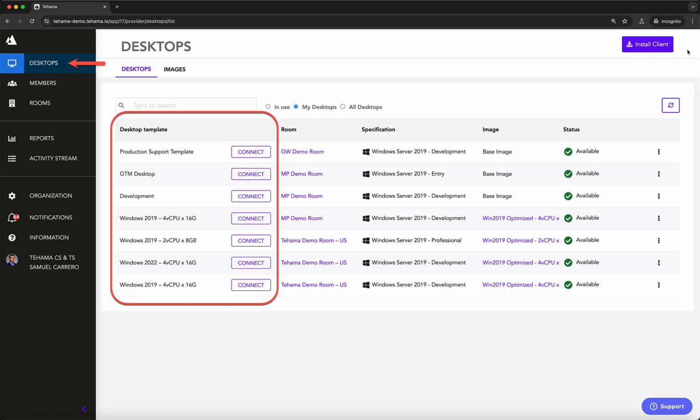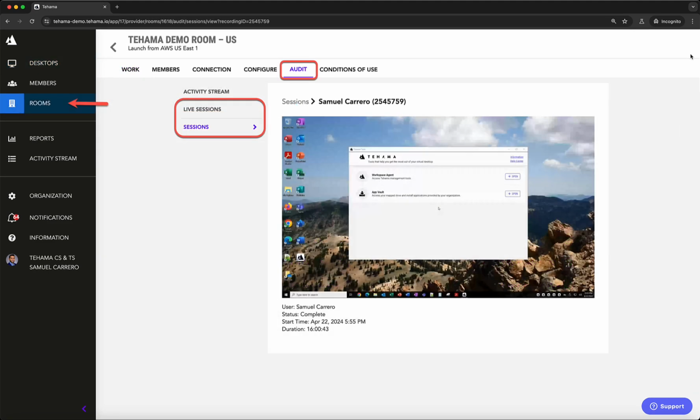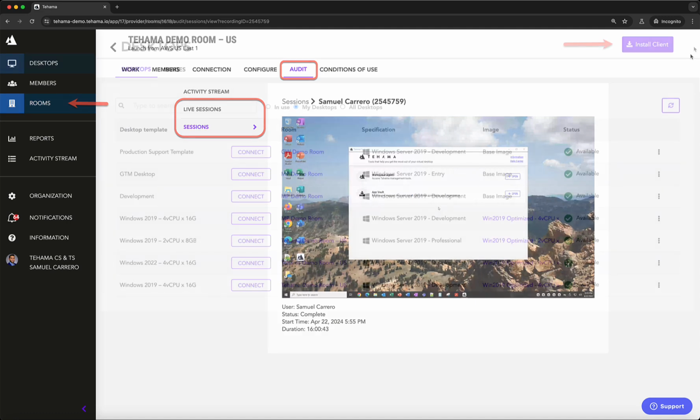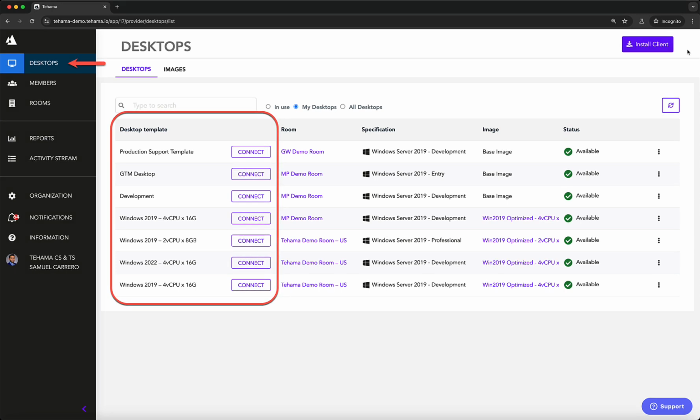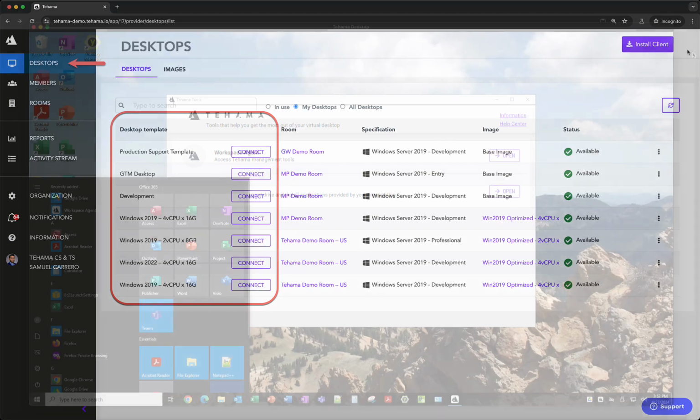A room can have multiple Tehama desktop templates defined, and multiple users can be assigned to each template. All work performed using a Tehama desktop can be recorded for audit purposes. To access a desktop, you first need to install the Tehama client. Then, you simply click to run the desktop from the Tehama web portal, and the client automatically opens and displays